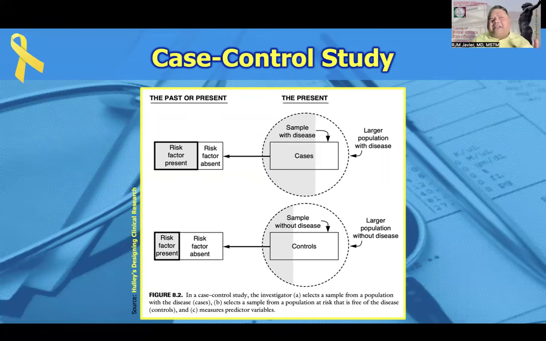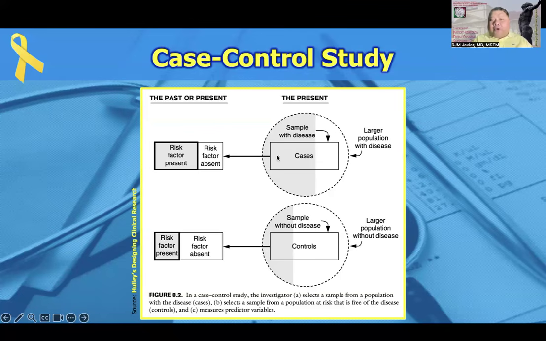Temporality, if you will recall from what I've said earlier on, the cause always precedes the effect. For most observational analytical designs, when we draw the general schema, it often highlights the temporality or the temporal profile of the study design. For example, you look at the present day situation. That is why on top, you will see the term the present. There are two circles that you can see here, indicating that there are two different populations.